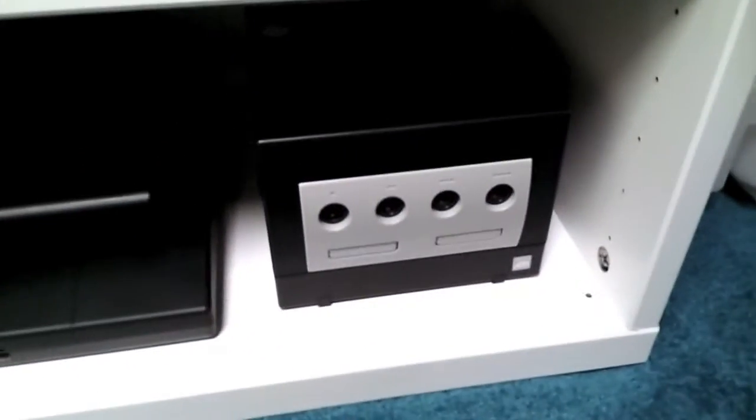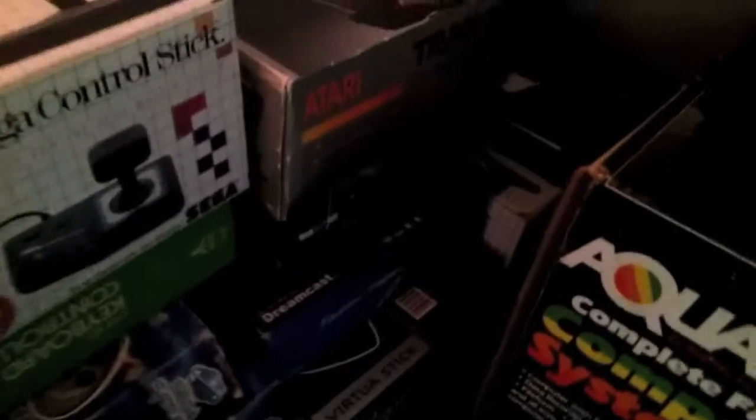Neo Geo X down here. And last but not least in there is a GameCube. Right, while we're down in this corner, here are all my boxed joysticks. I've got